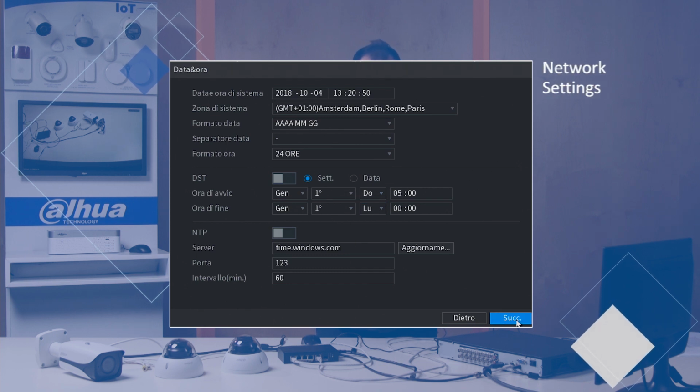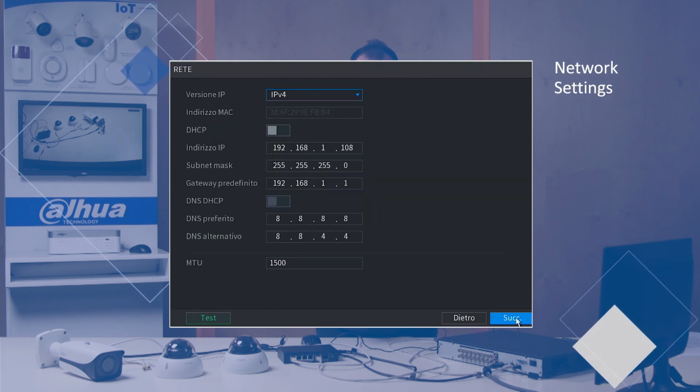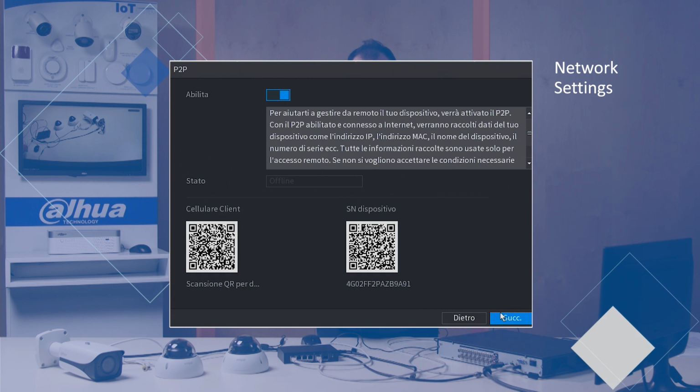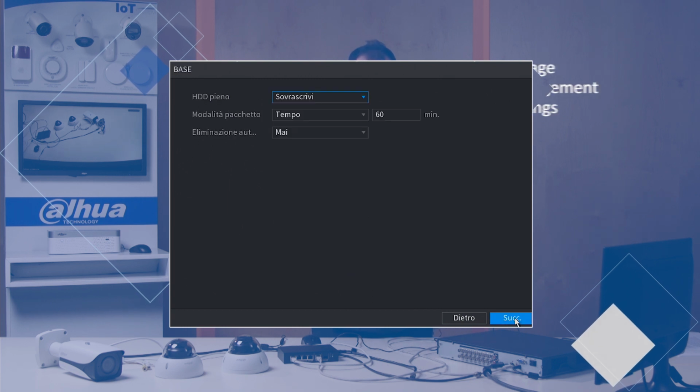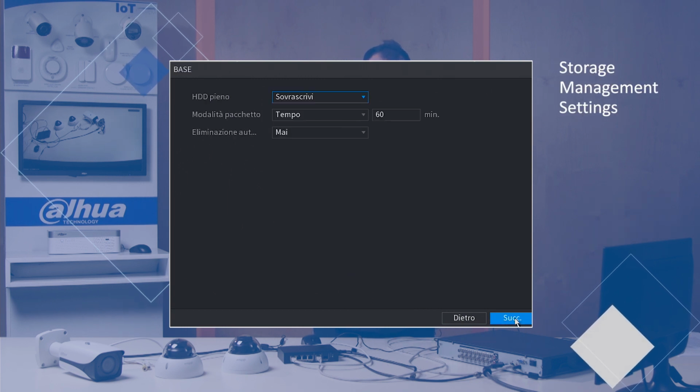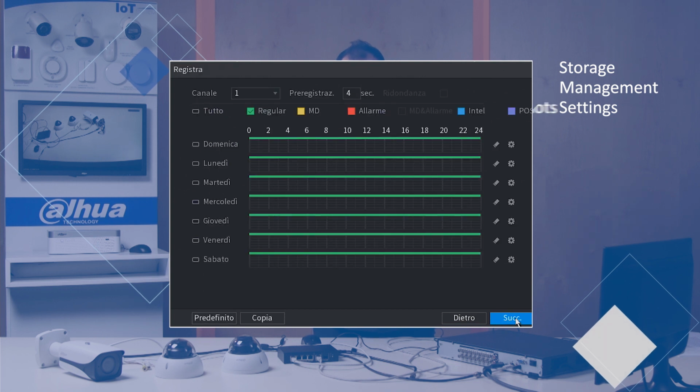We can configure an IP address now, or we can enable the DHCP protocol to automate these settings. Then we turn on the P2P functions and configure the storage management settings, followed by setting the schedule for